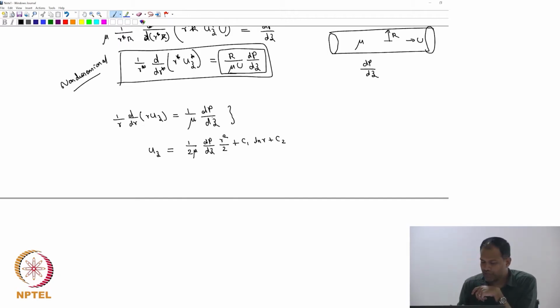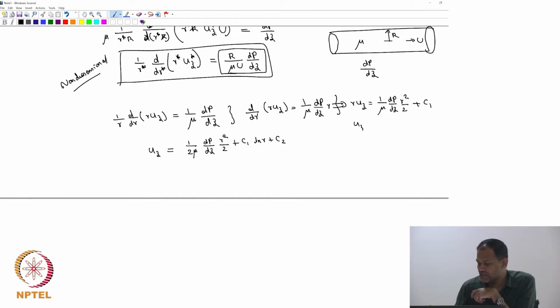So, you can bring r to the right hand side first. d by dr of r u z is equal to 1 by mu dp by dz r, which if you integrate, it is going to be r u z is equal to 1 by mu dp by dz r square by 2 plus C1, one constant,